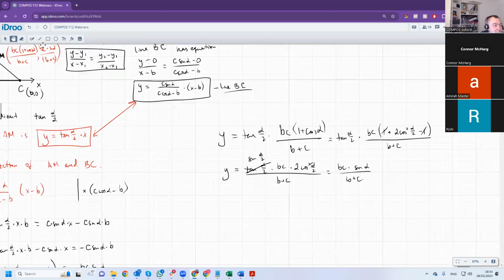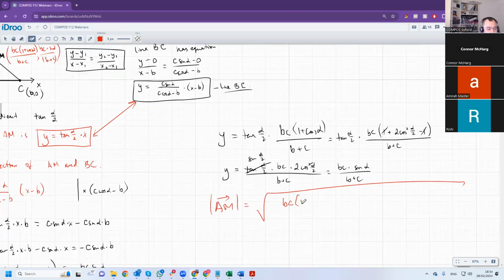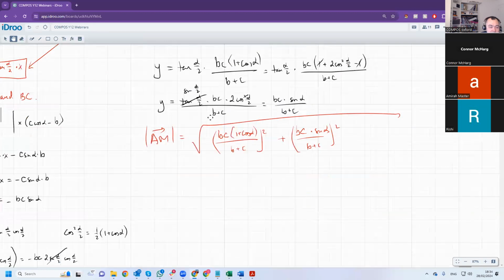So the length is given by, so AM is the modulus of the vector, so it's the square root of bc times 1 plus cos alpha over b plus c squared plus bc multiplied by sine alpha over b plus c squared. It looks scary, but it isn't,